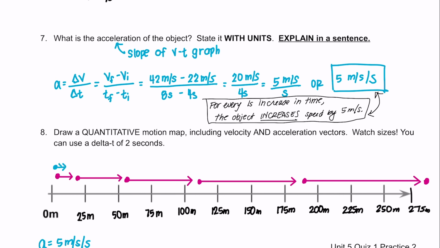Okay, so I'm going to go ahead and guess it's about 5 meters per second. It doesn't have to be super exact because you're probably not going to be able to measure it like this, but you should at least have it proportional, right? So this whole thing goes up to 275 meters. So you shouldn't be drawing super long arrows to show that it's